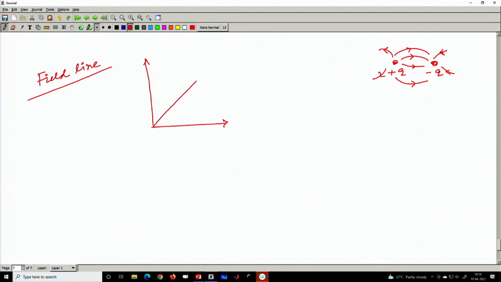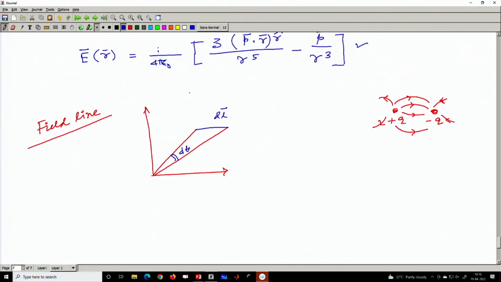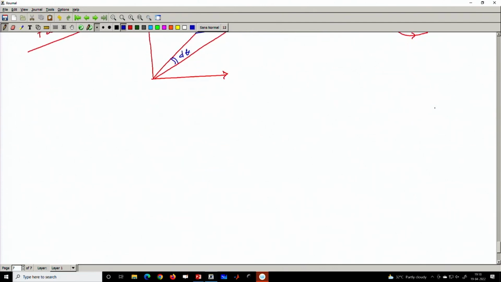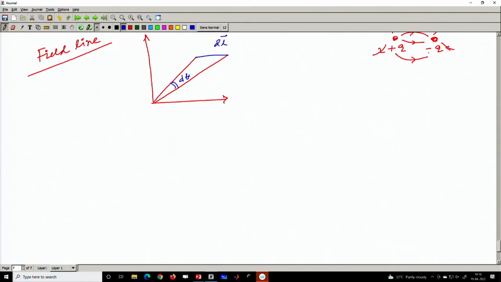So, let me try: if I have a line element like this, the line element dl, and if this angle is say d theta, this is the line element I take over these field lines. So, dl